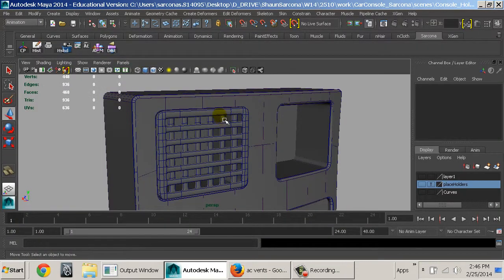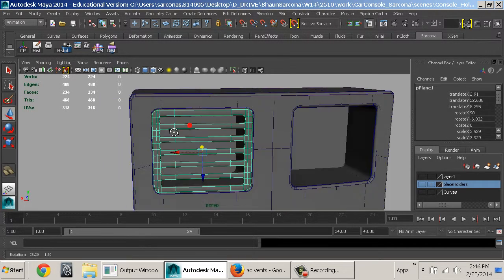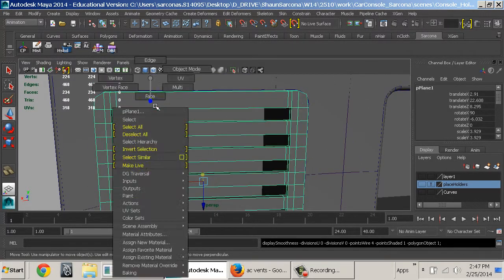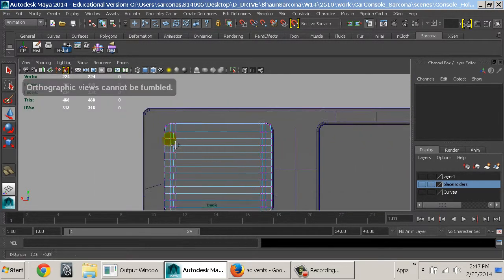Yeah, I think I definitely need these slats to be smaller and the spaces to be bigger. Okay. So this is just part of the process, right? So go to Vertex, go to my back view,